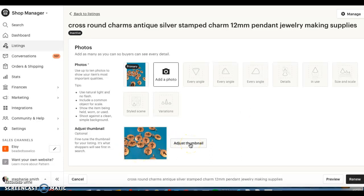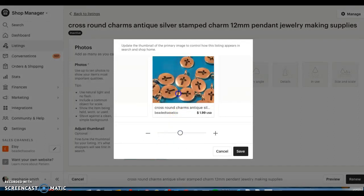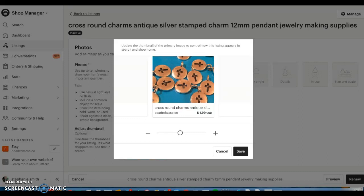Photos are everything on Etsy. Remember, you need to make sure that your photos are beautiful and clear, and we're going to go ahead and increase the size. You want to have a close-up of your product. It's absolutely necessary. I see so many products on Etsy that are too far away, too small, and that is not going to create a sale. They're not going to click on your photos. So first thing you do, change the background,